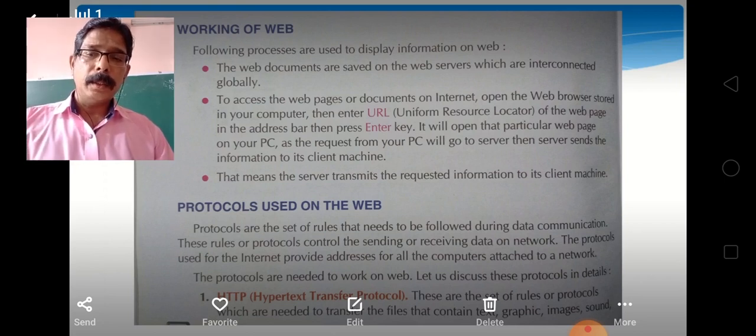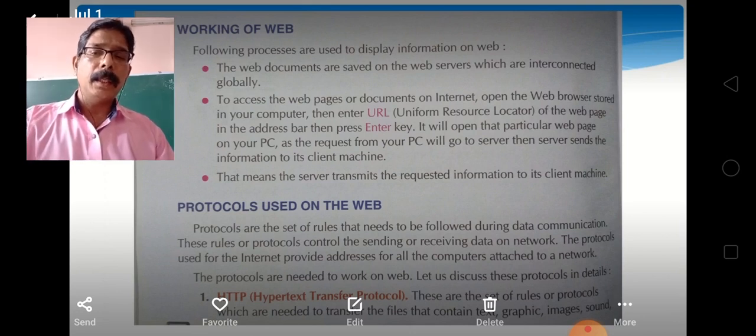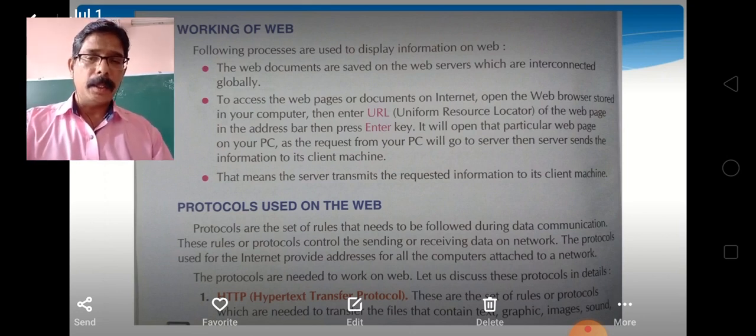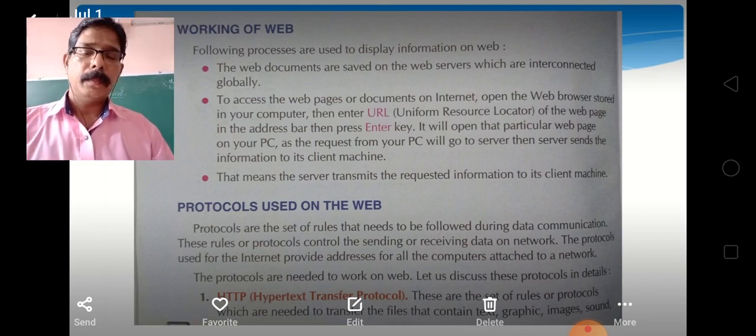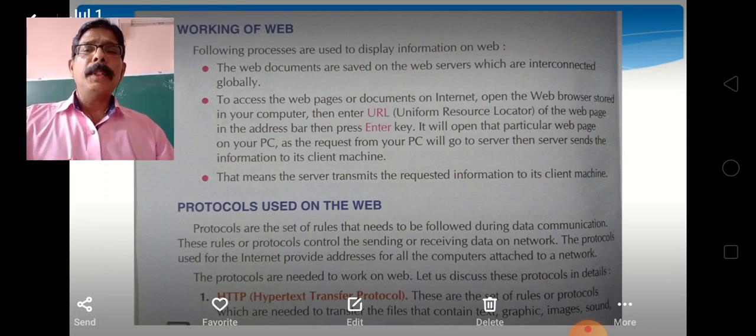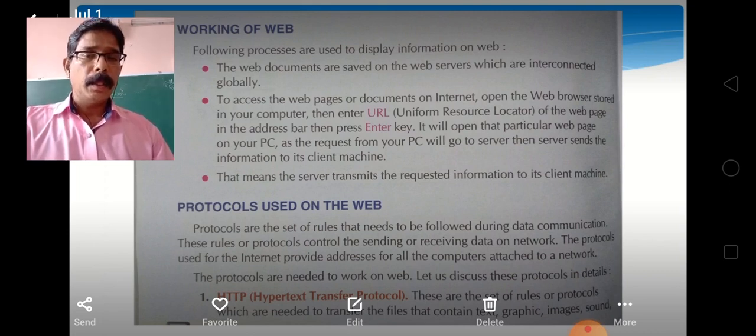The last protocol is TCP/IP, Transmission Control Protocol and Internet Protocol. Transmission Control Protocol is a connection-oriented communications protocol that facilitates the exchange of messages between computing devices in a network.